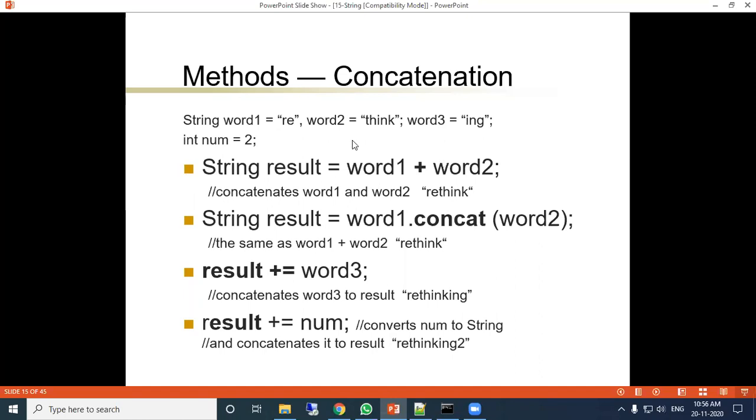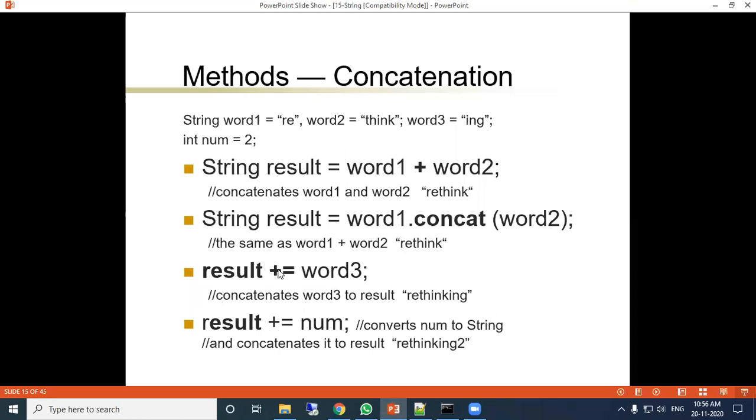Finally the result value will be rethink. You can also use the concat method: word 1 dot concat word 2 means word 2's content will be concatenated with word 1 and stored in result. Same thing, rethink.